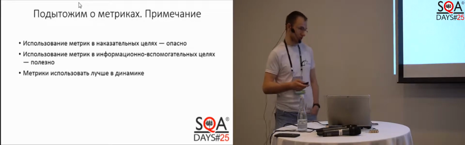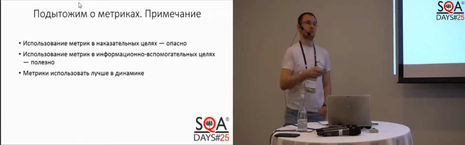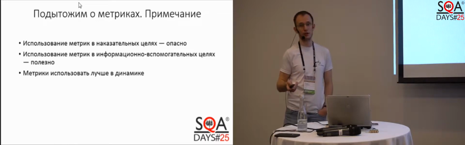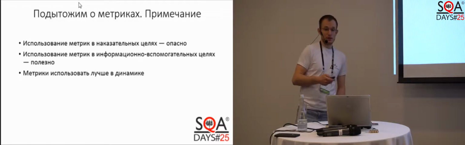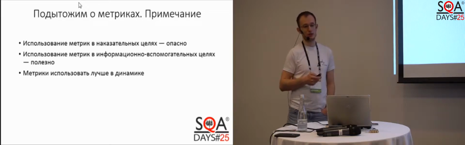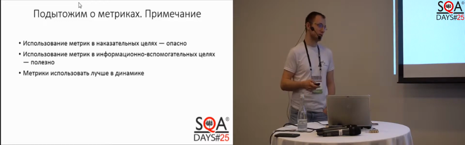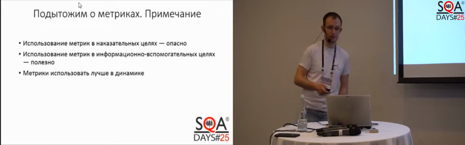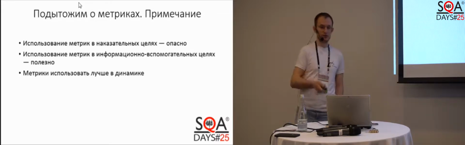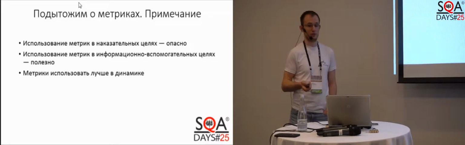Now, let me summarize the information about the metrics. There are a lot of various opinions about metrics, and some say that you have to use them, some say that you need to reject them completely. If you want to use metrics, you need to do it reasonably. The main idea here is that metrics should have an informative recommendation character, because if it becomes some kind of a forced instrument, it will be bad, because programs will be developed specifically for this or that metrics, and it's not good. In terms of dynamics, metrics are good for dynamics,